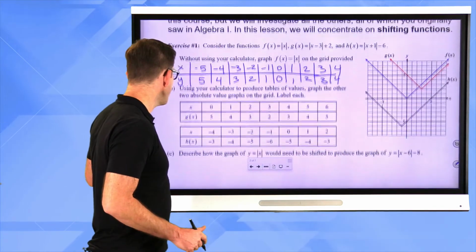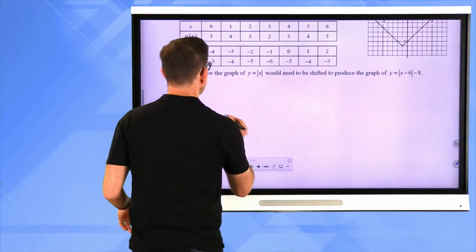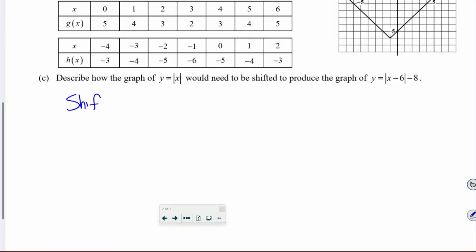So we can extend that pattern to speculate that we would need to shift 6 units right and 8 units